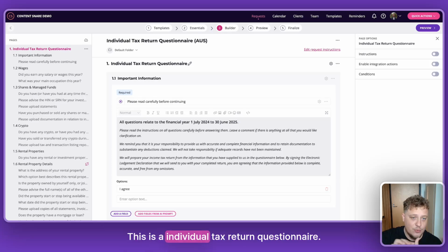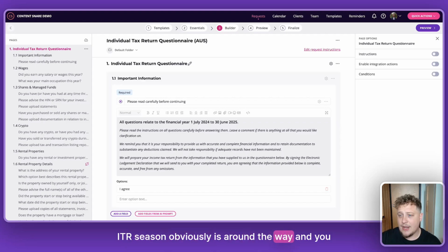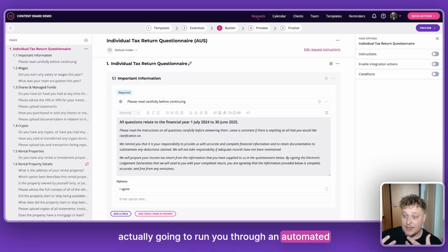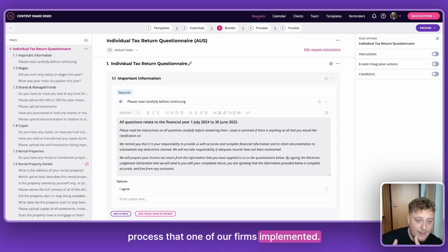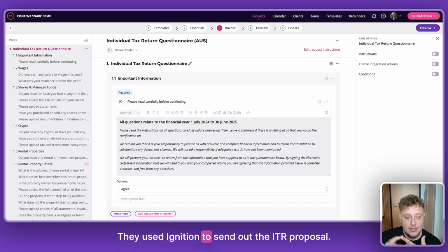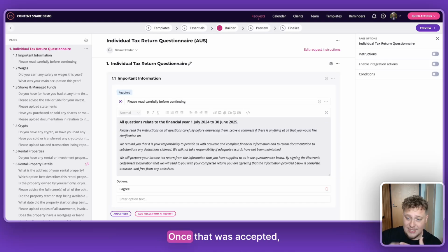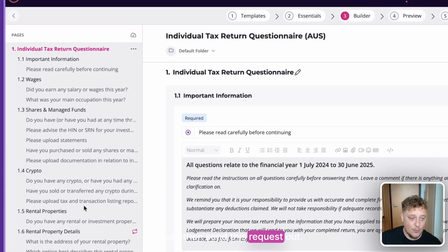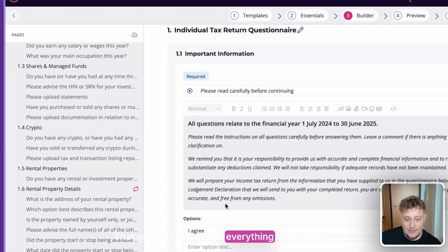This is an individual tax return questionnaire, and if you're an Australian-based accountancy firm, ITR season obviously is around the way, and you might be looking at how you can best do this. I'm actually going to run you through an automated process that one of our firms implemented. They used Ignition to send out the ITR proposal. Once that was accepted, it would then send this request out that pretty much covers everything,